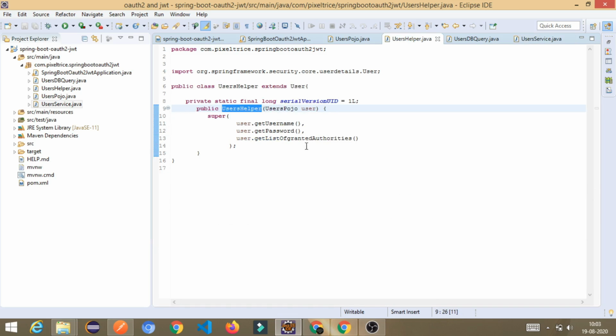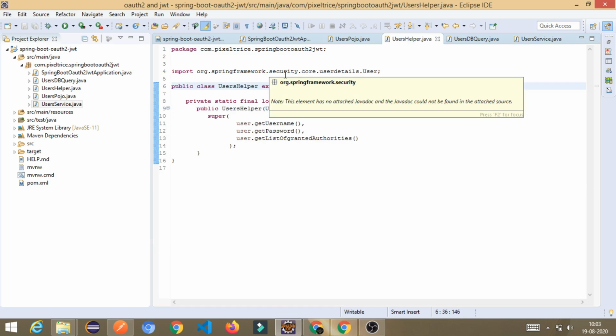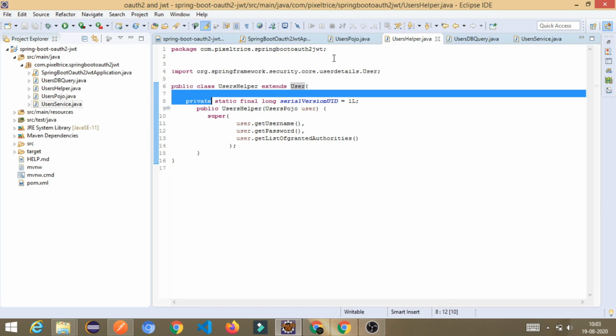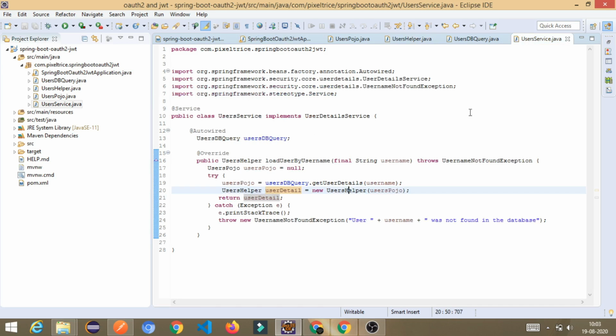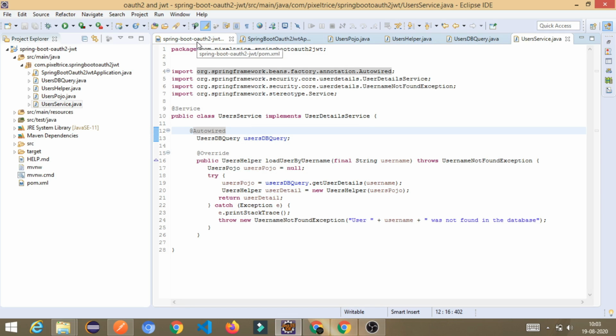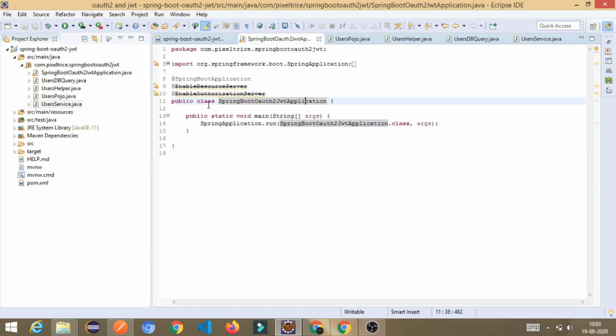Because here you see we are passing this thing to the User, and User belongs to Spring Security. So that's why we are doing all the steps here, and that is all about this user service class. Up to this we saw the user service, the DB query, the helper, the pojo, the pom.xml, and the main class code.